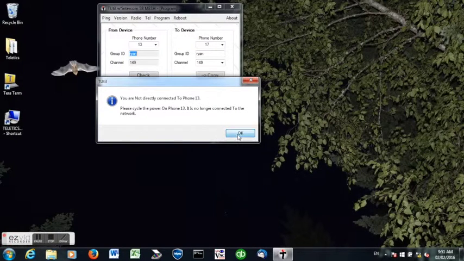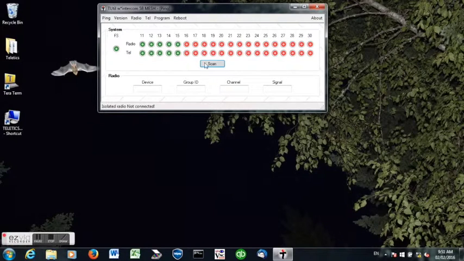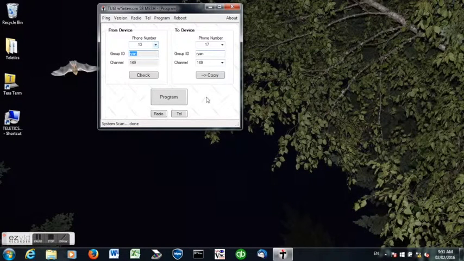Please cycle the power and phone 13 is no longer connected to the network. So if I go back over here and do a quick scan, you'll see that 13 is gone. If I power cycle 13 now, it's going to come back onto the network and everything's going to be fine. The one that I am connected to is 11, so I can change 11 to something else right now, and